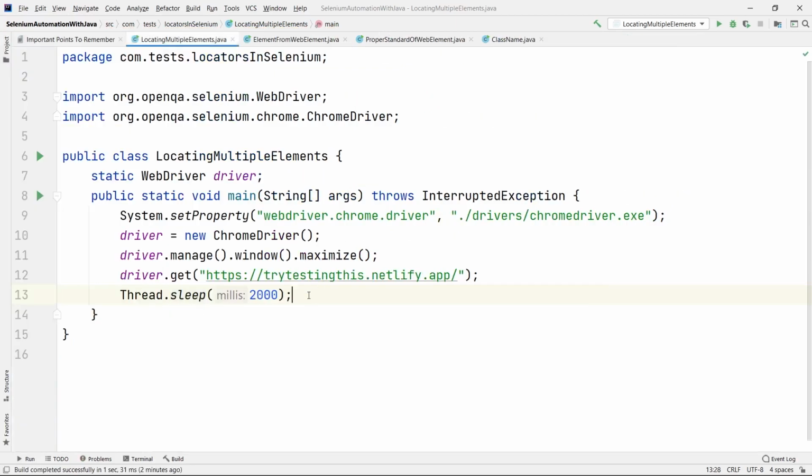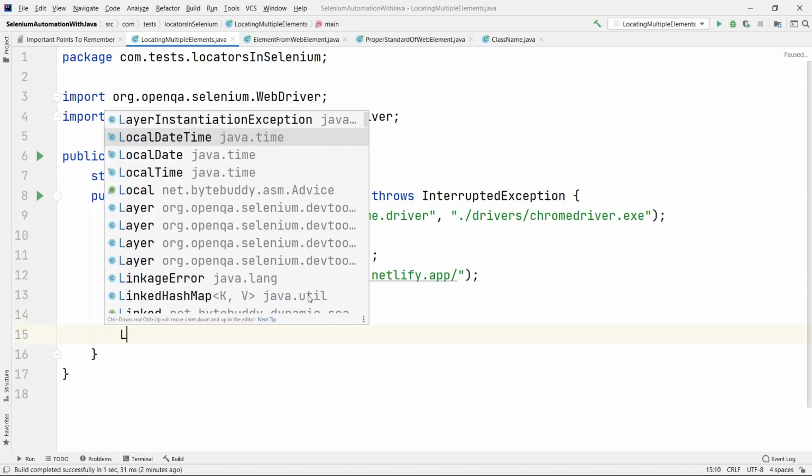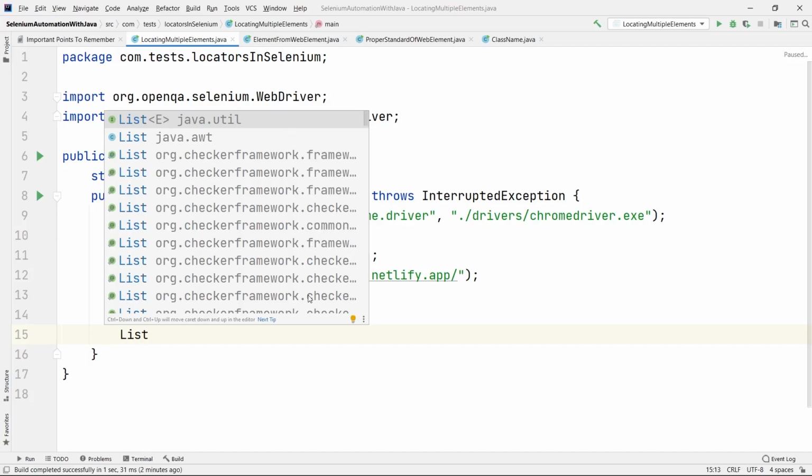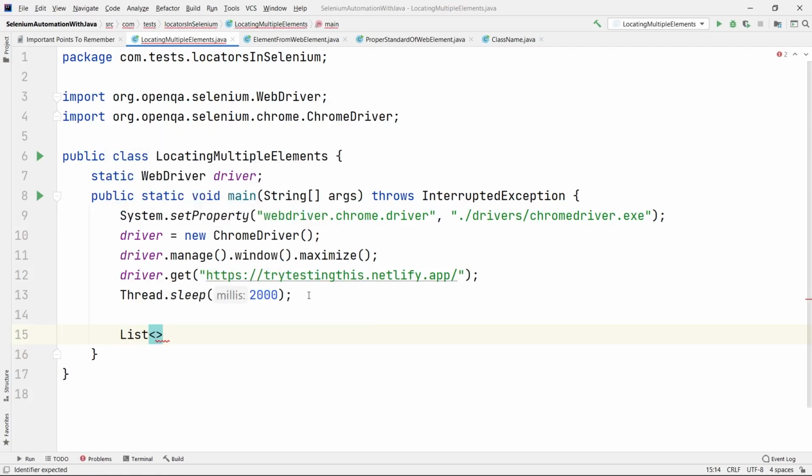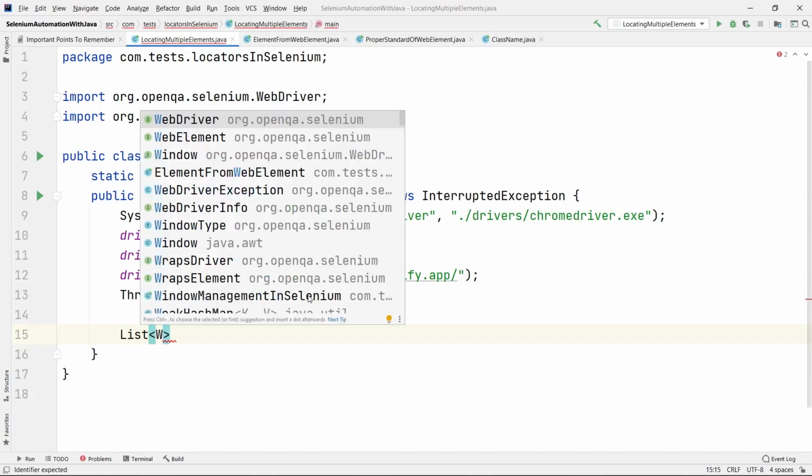Fine. So now the concept that you need to understand is we cannot directly call all the elements or store all the elements. For that we need a data structure. So I'm going to use the list data structure. Here, what are we going to store in the list? Those are web elements, right? So I will just say WebElement,